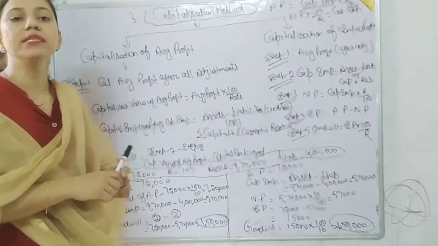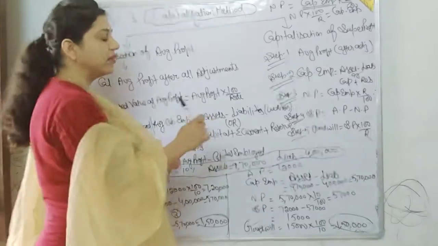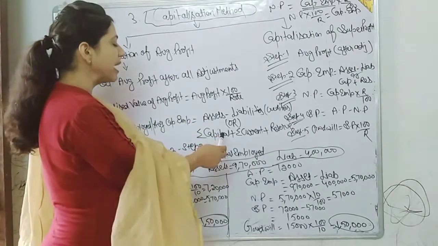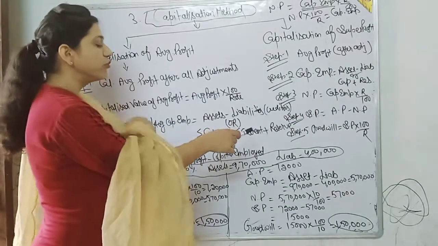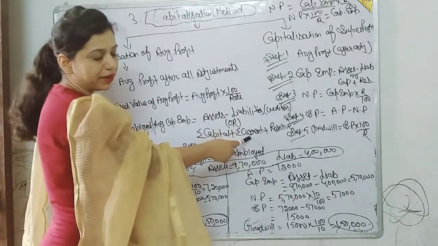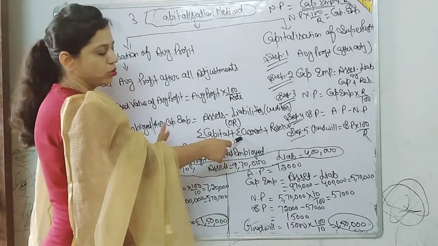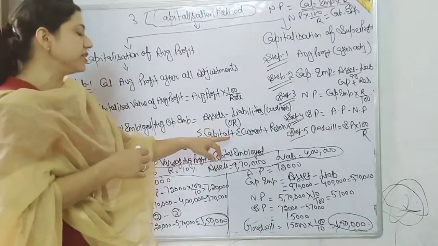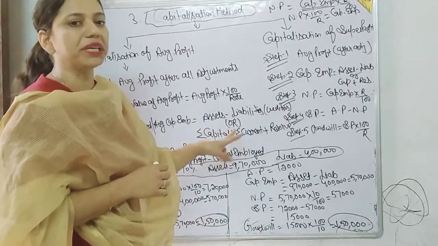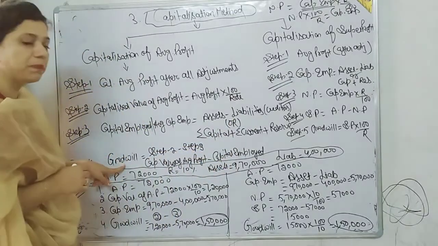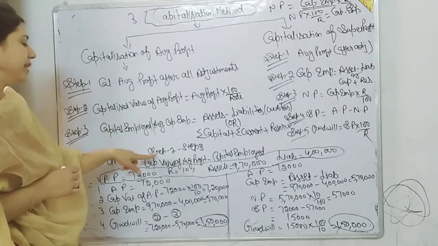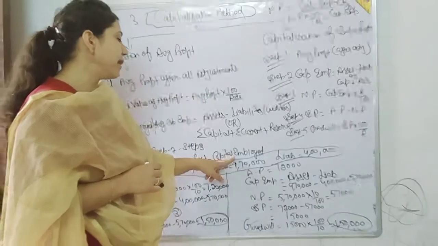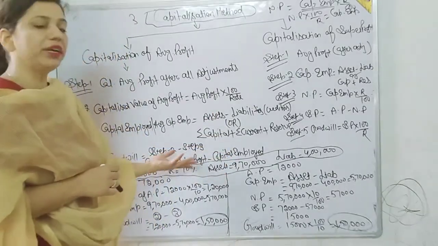If assets and liabilities are not given in the question, then we have capital of partners account plus reserves of partner. If we have capital account, then we will take it. If we have current account balances, then we will also add them. If it is given, then add, otherwise no need. Plus reserve. We can also calculate capital employed with this method. It depends on the situation, what is given in the question. So the last step is goodwill, that is step 2 minus step 3. It means capitalized value of average profit minus capital employed. So we will calculate goodwill.